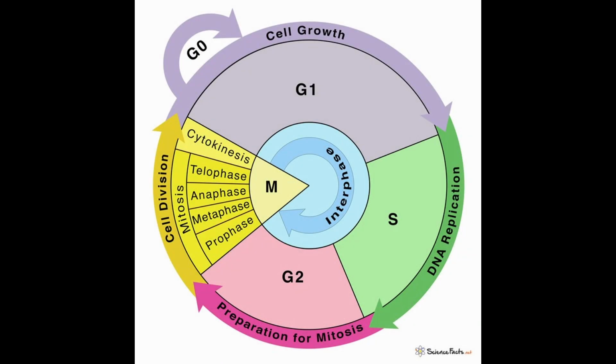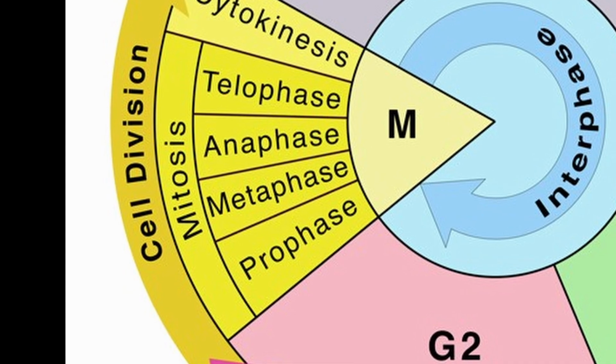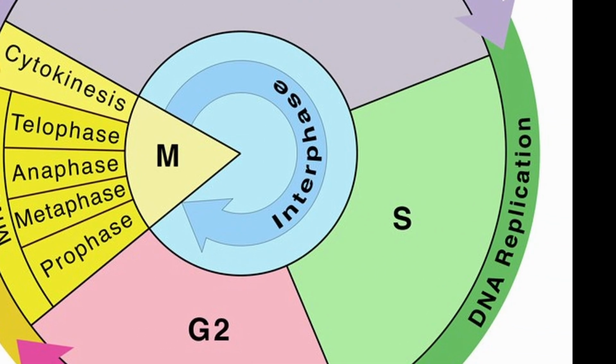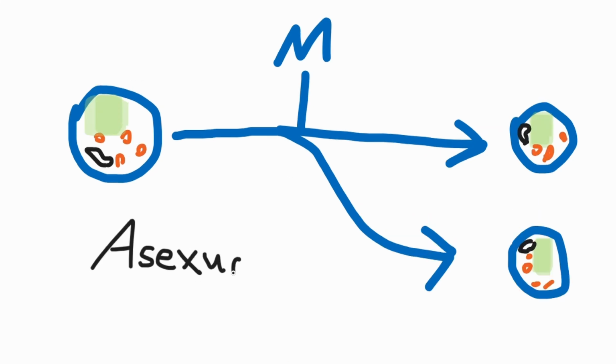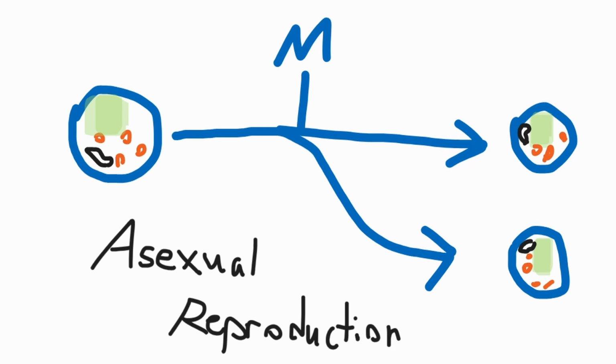The cell cycle is a series of events that controls the growth and division of a cell. The part of the cycle when the cell divides is called M phase, and the rest, when the cell is living, is called interphase. Mitosis is a process in which eukaryotic cells replicate into two identical daughter cells with identical genomes. This is an example of asexual reproduction, which means the daughter cells are identical to the parent cell.